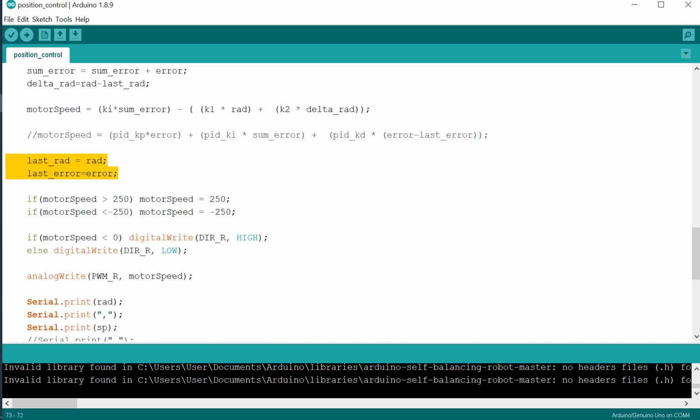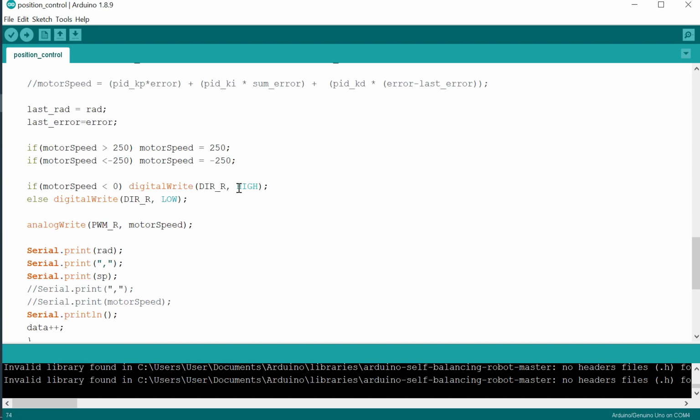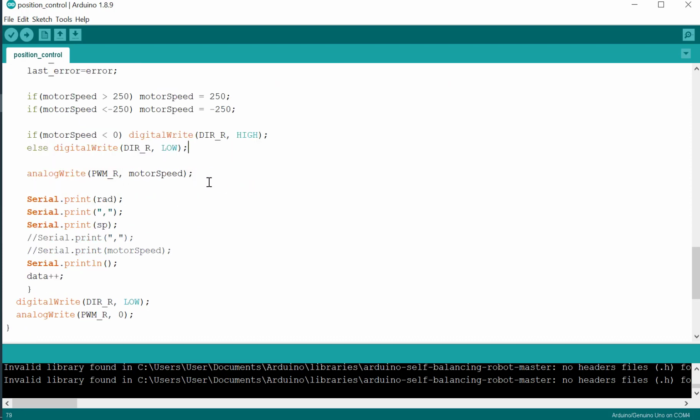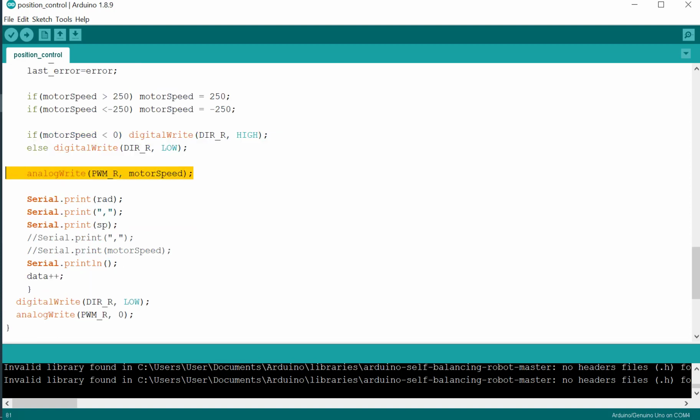This is for the last radian and also the last error. It is the limit for the pulse width modulation. This is for the logic, so the motor will be CW or CCW.